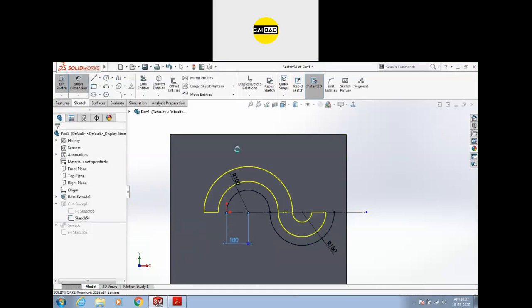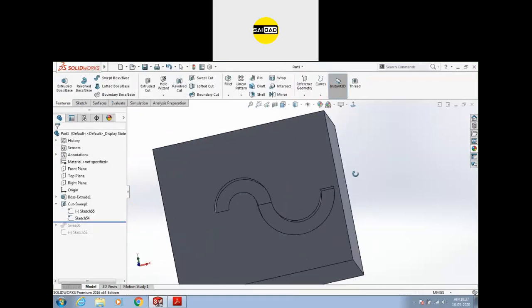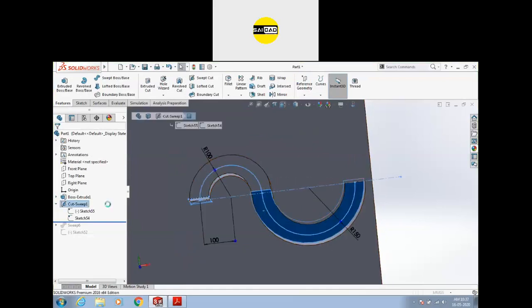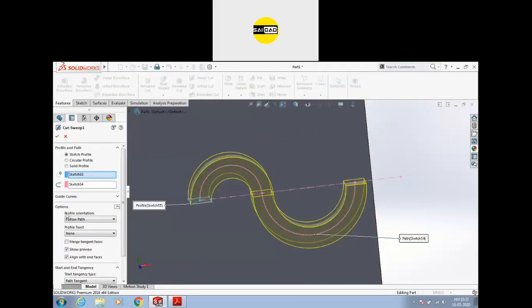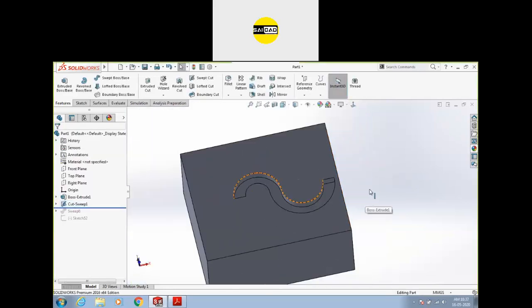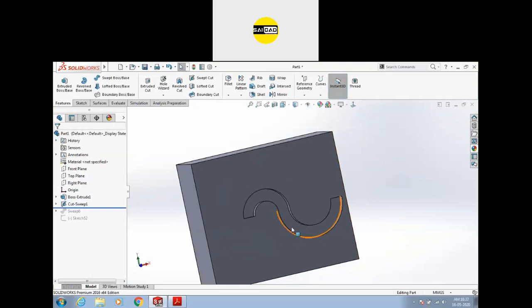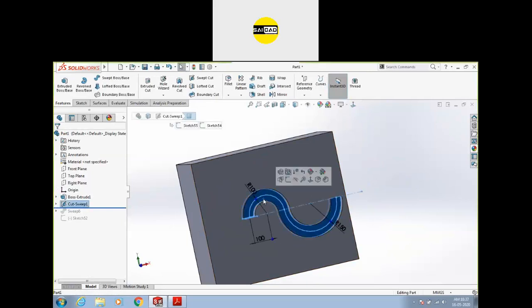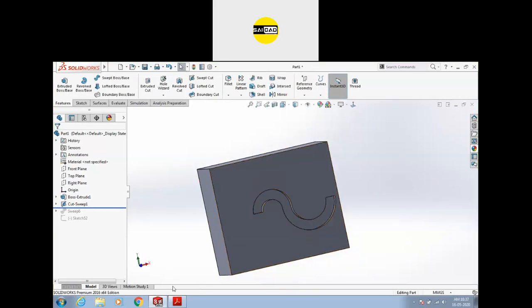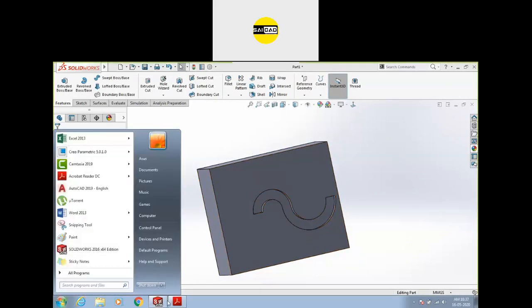So you can create this type of profile, okay, and if you select the option merge tangent faces, you can have a single face like that. Okay, so sweep command or sweep cut both are similar, just you can add or remove the material from the command. Now if you see an example,